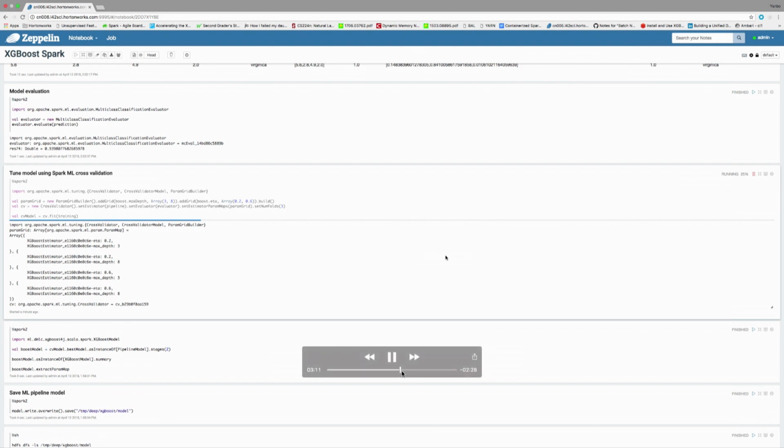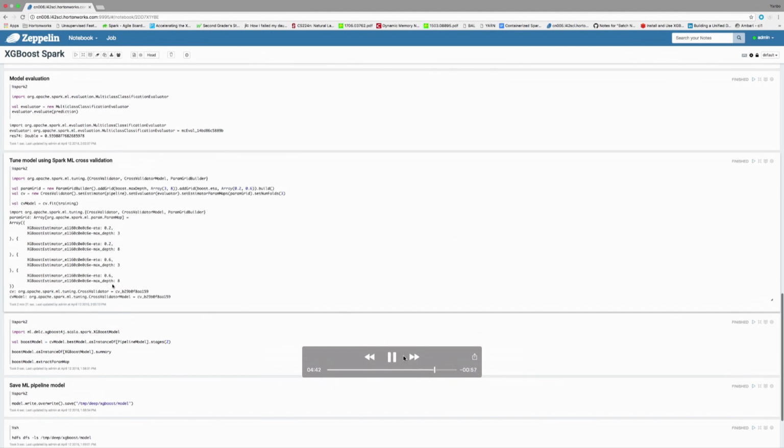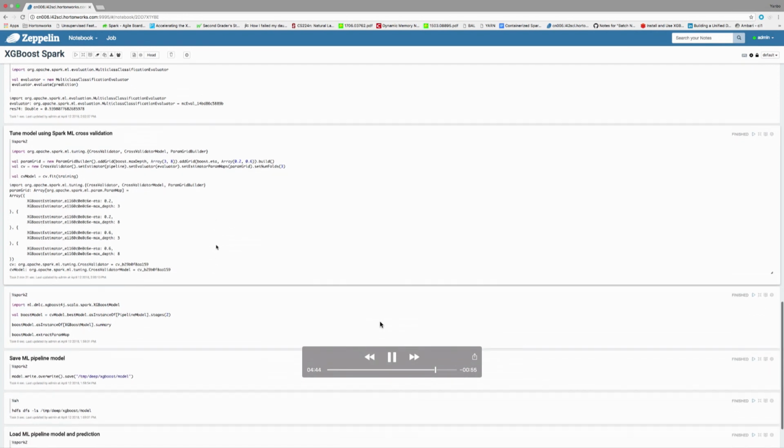Let's move forward. Okay, it's finished. Almost finished. Yeah, you can say we get the best parameters of the models, and then after that we can